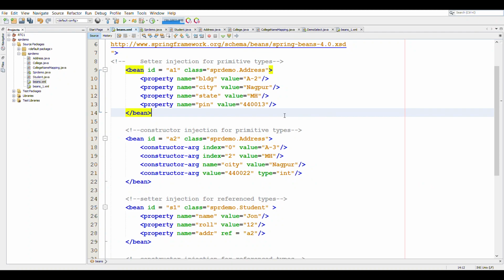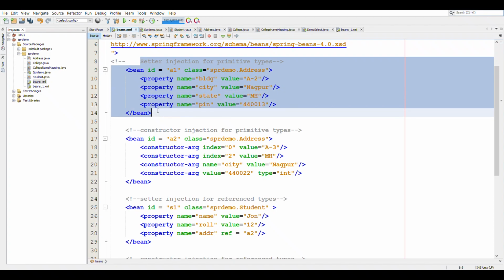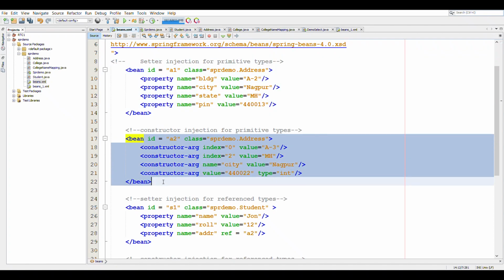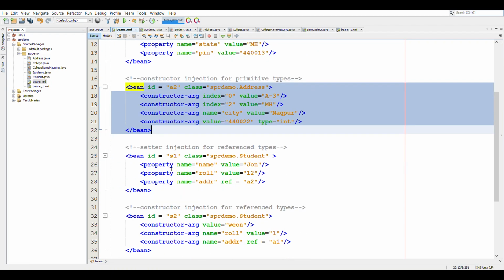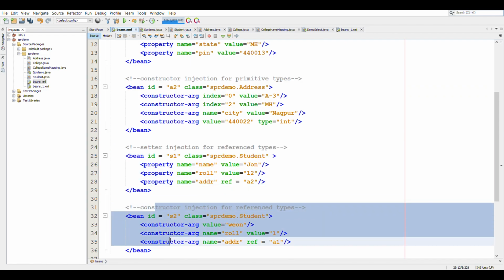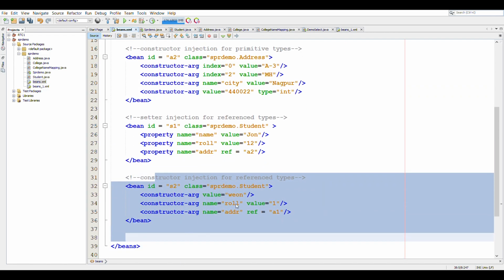Now we will take a look at how auto-wiring works. We already have these beans created. We have two beans of type Address, one using setter injection and another using constructor injection. And we have two beans of Student, one using setter injection and the other using constructor args.